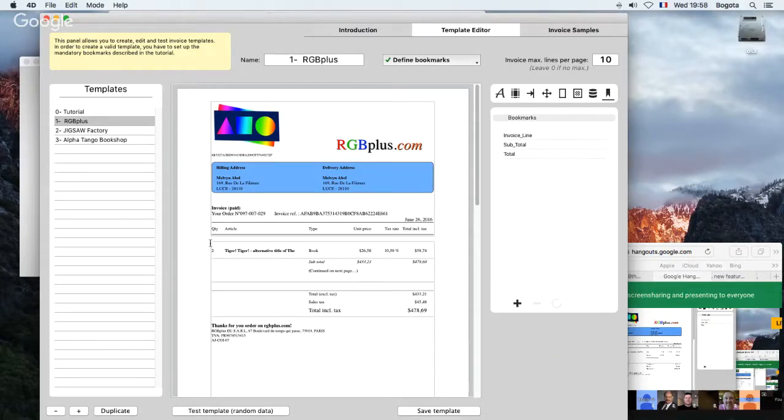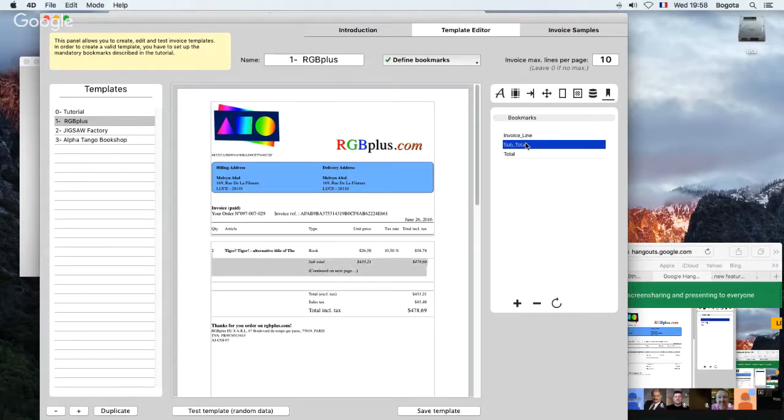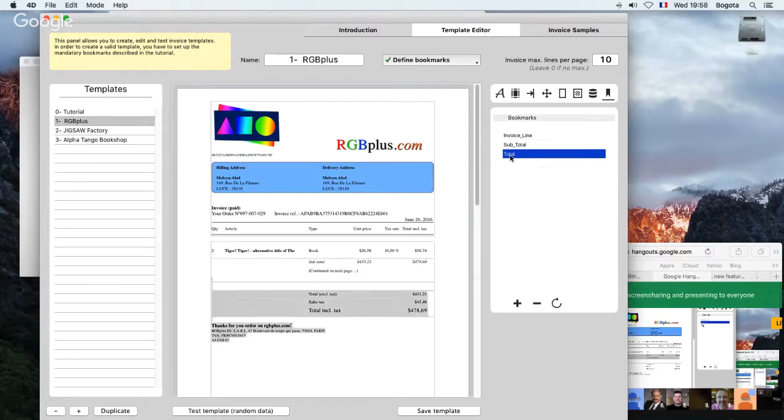As you can see, the header is very big. It goes from the top here down to there. So the quantity, article type, etc. is part of the header. So it will be automatically repeated each time we have a page break. The invoice line is only this single line here. The subtotal is here, and the total is almost the same, but with the end of the letter included in the grand total